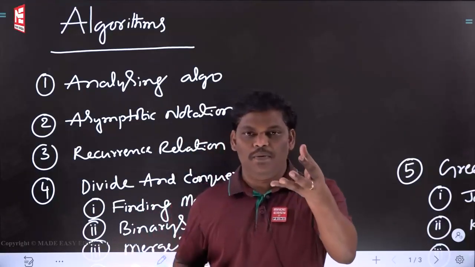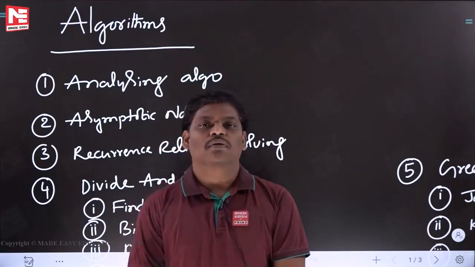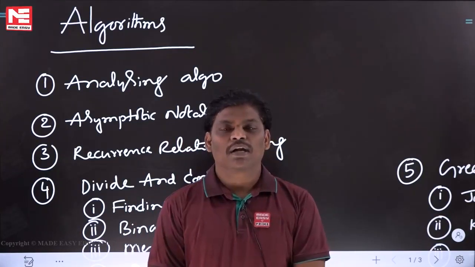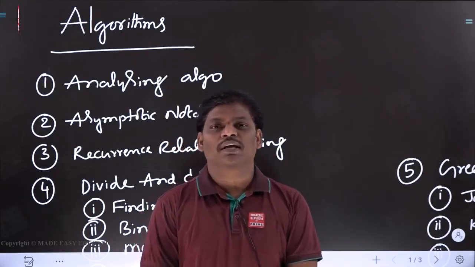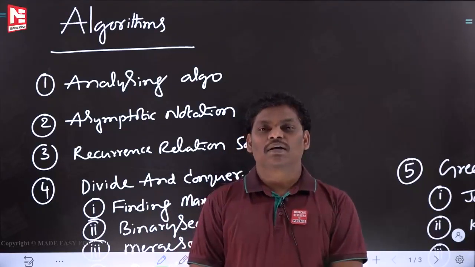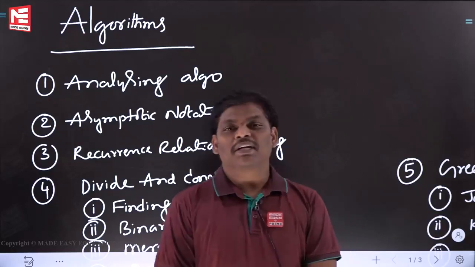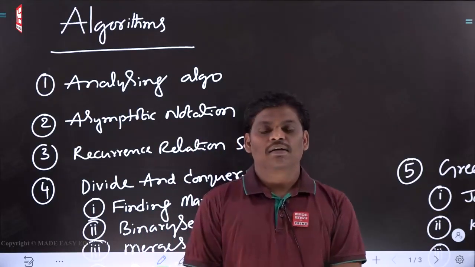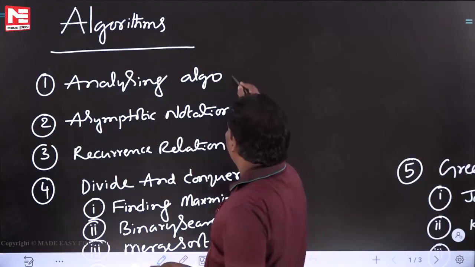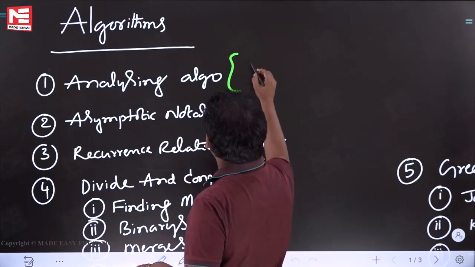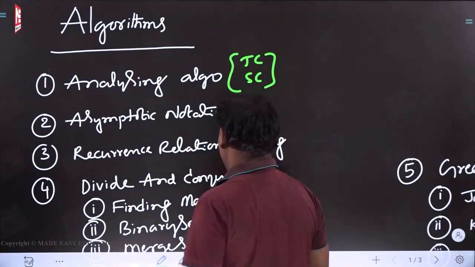Assume that there is an app, one mobile application. If you store it inside your cell phone, what is the first thing you will take care about? How much space it is taking. And one more thing, what is the one more thing you will take care of? When I click on that mobile app, it should open immediately. So how much time it is taking and how much space it is taking, that is called analyzing algorithm. That is the first topic, which is really important. So finding time complexity and finding space complexity, these two are really important things.